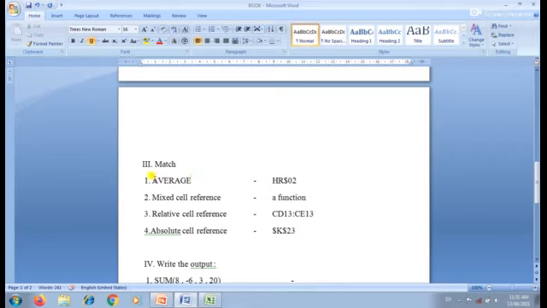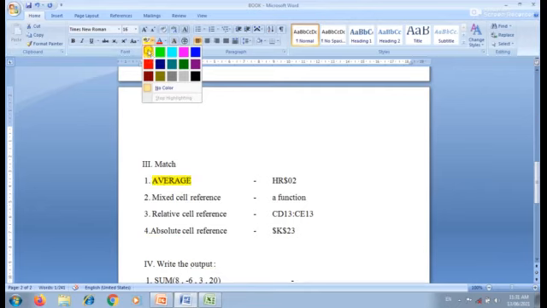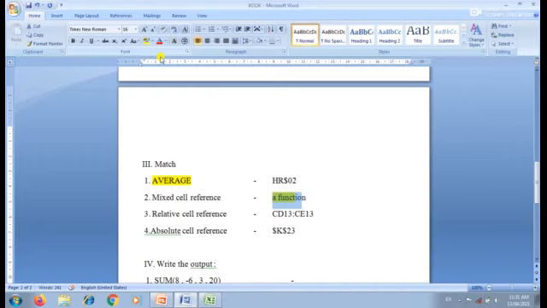So we have to match these. Average is one type of function, isn't it? So I am going to match average with a function.